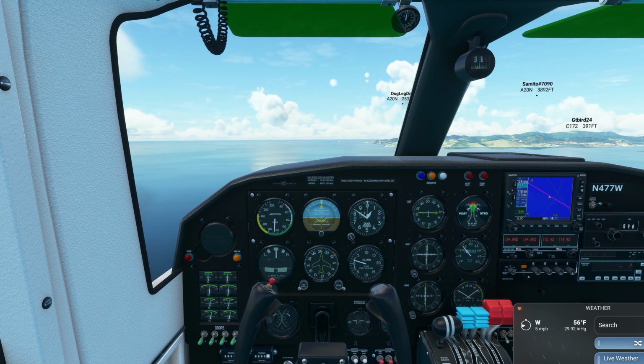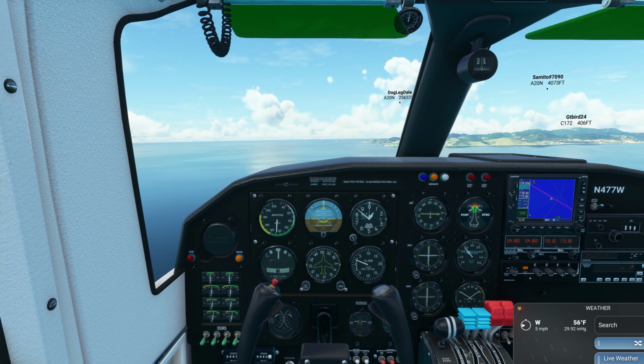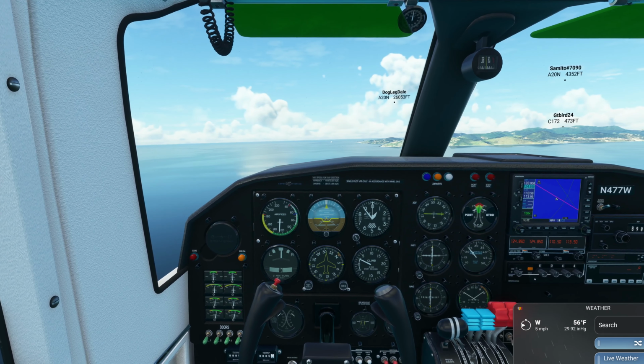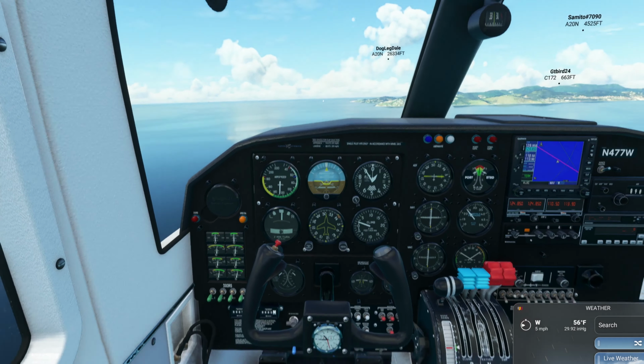She likes to kind of roller coaster a little bit, you know, just a little undulation when you get her squared away. The Comanche's much better. Actually, the Baron's pretty good too. But anyway, getting back to St. Barts,